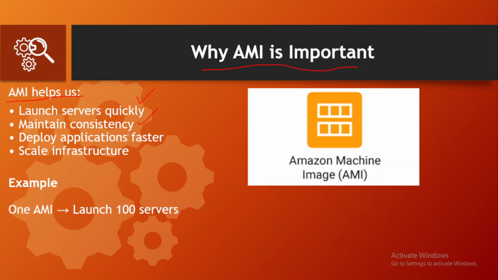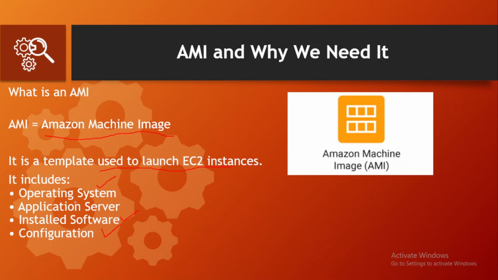Now let's look at what is inside an AMI. AMI usually contains an operating system. This is what we have already talked about. Operating system like Linux or Windows, Mac OS, or any flavor of Ubuntu. Or if you want any specific operating system, you can also use this as an AMI. It consists of configuration settings, security patches, required dependencies. So basically it includes everything needed for a server to start running immediately. That's why AMIs play a very important role in EC2.